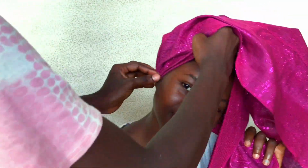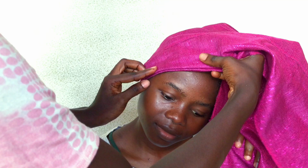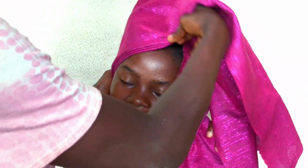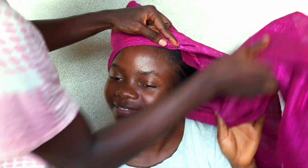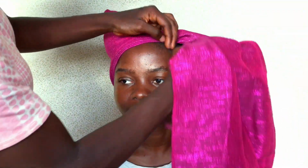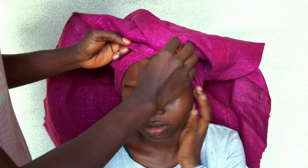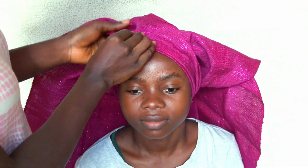I made four base plates at the back, which I'm bringing to the front. Make sure you just continue the base plate you already created at the back. Make sure you just bring it to the front. And yeah, I made four base plates. You could decide to make yours two. You could go with three, but just make sure that your base plates are really firm on your model's head